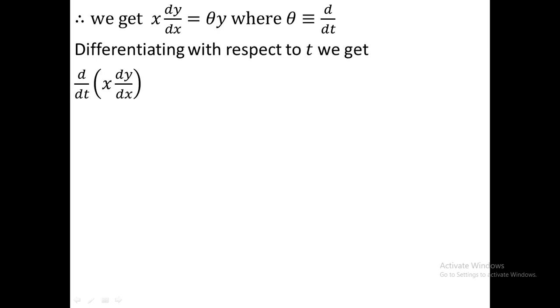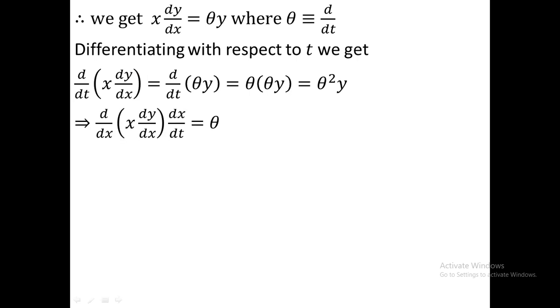So differentiating with respect to t, we get d/dt of (x dy/dx) equal to d/dt of θy, where d/dt means θ, therefore θ of θy, that is θ²y. You see that this is a function of x, but there is d/dt, so use the chain rule. This will be d/dx of that into dx/dt, d/dx of that into dx/dt equal to